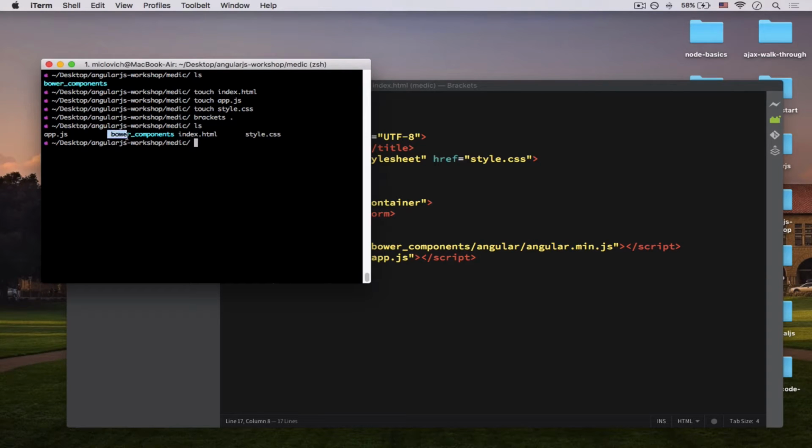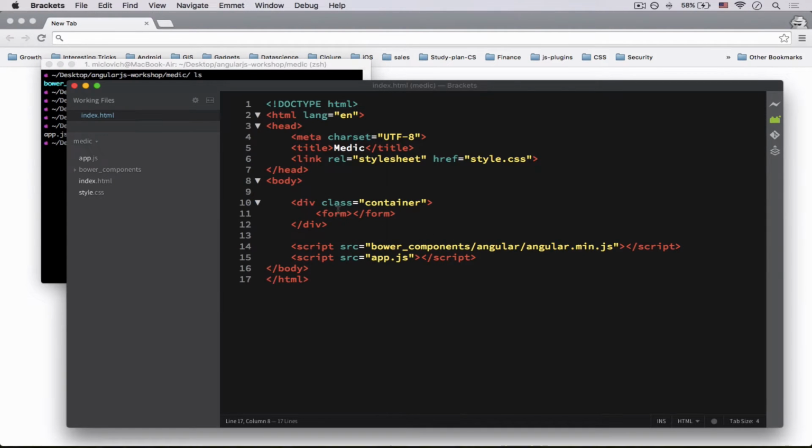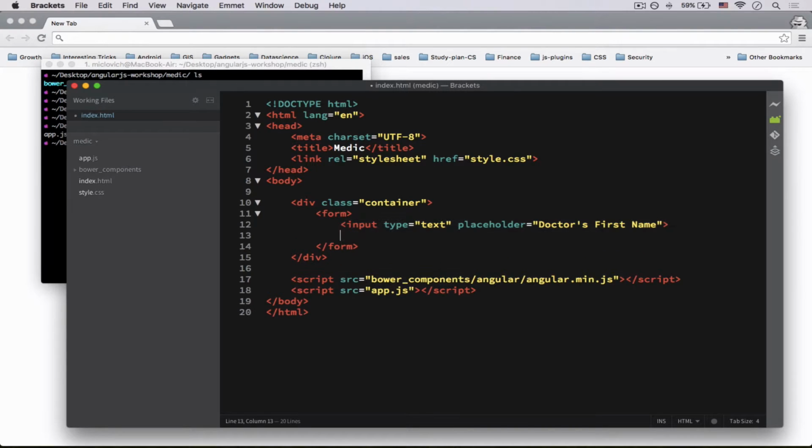Angular stuff being stored in app components. I have my index and so on. So what I will do is I'm going to quickly start up something after finishing up my input stuff here. So I need an input that takes in a text, and this one will store the doctor's first name and